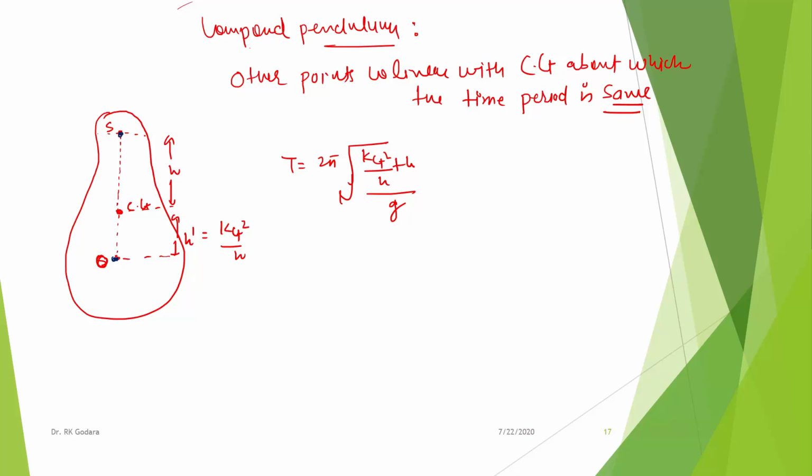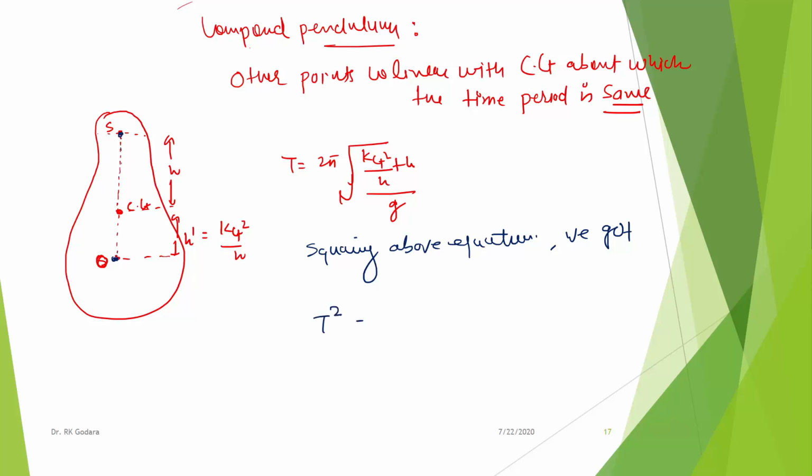Now we'll find out the other points which lie on this line, such that if we suspend this compound pendulum about those points, then we'll get the same time period. So we'll find out the location of those points. Let's square the above equation, and we get